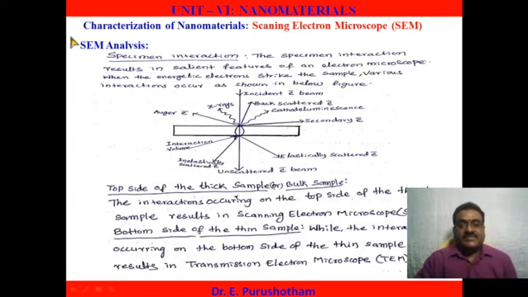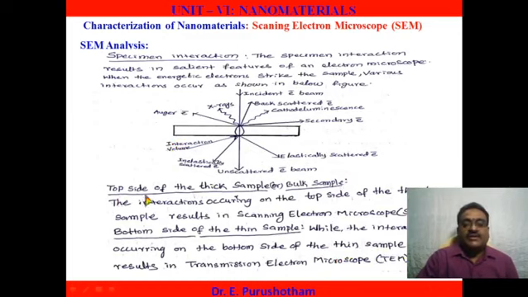Microscope analysis. The incident monochromatic electron beam is incident on the sample. So this electron beam is scattered back and also transmitted through the sample. The scattered and reflected electron beam, the top values, we can explain using the scanning electron microscope. The bottom values we can explain using the transmission electron microscope.